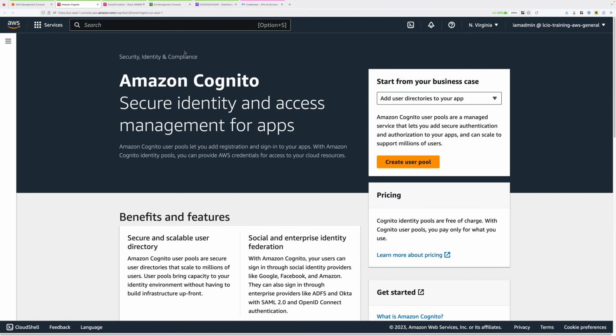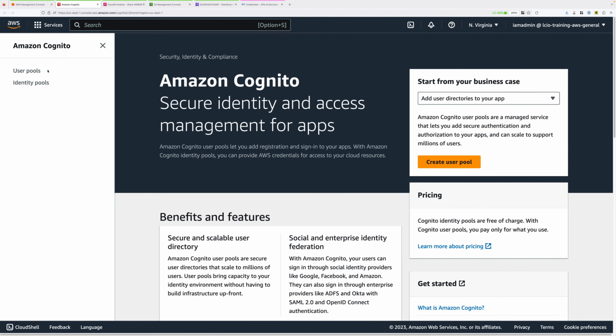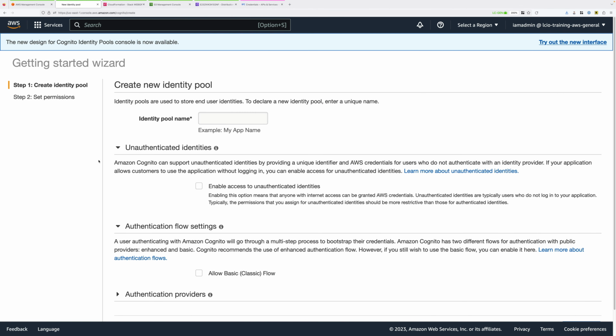And then depending on whether you've used Cognito before, what you see might look slightly different. What we need to do is to move to the menu on the left and we need to click on Identity Pools. Now, depending on when you're watching this demo, you might see a notification to try out the new version of the Cognito user interface. At the time of creating this lesson, this new version hasn't yet been finalized, so I'm going to stick to using the current version of the UI. You should probably do the same. Normally, I do recommend trying the new version of the UI, but at this point, the new version has not yet been completed, so we'll stick with the current version.